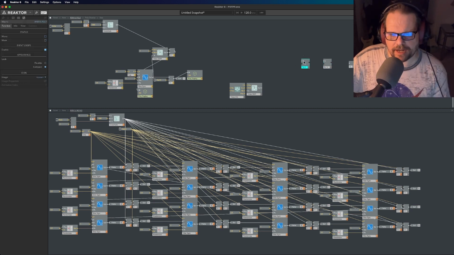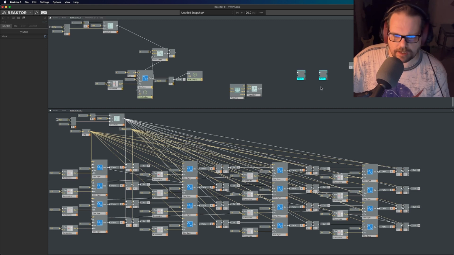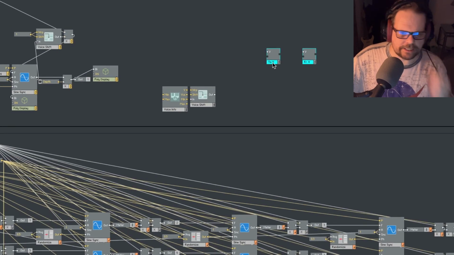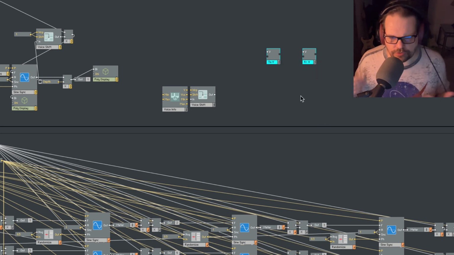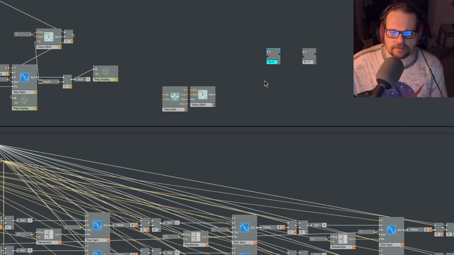But one thing that I haven't shown you is what these to voice and from voice modules do. And we don't really need to use these modules at all to create this modulation system. But in a nutshell, the to voice will basically receive a monophonic signal, and it will take, let's say